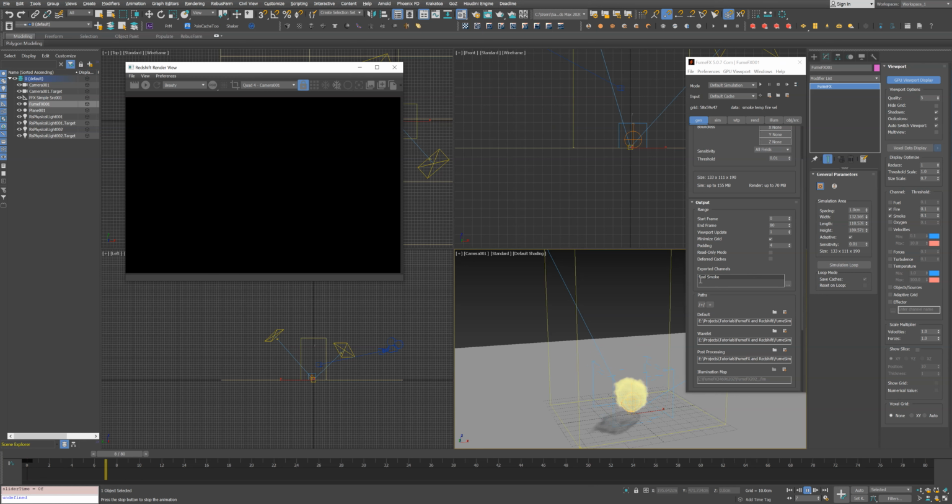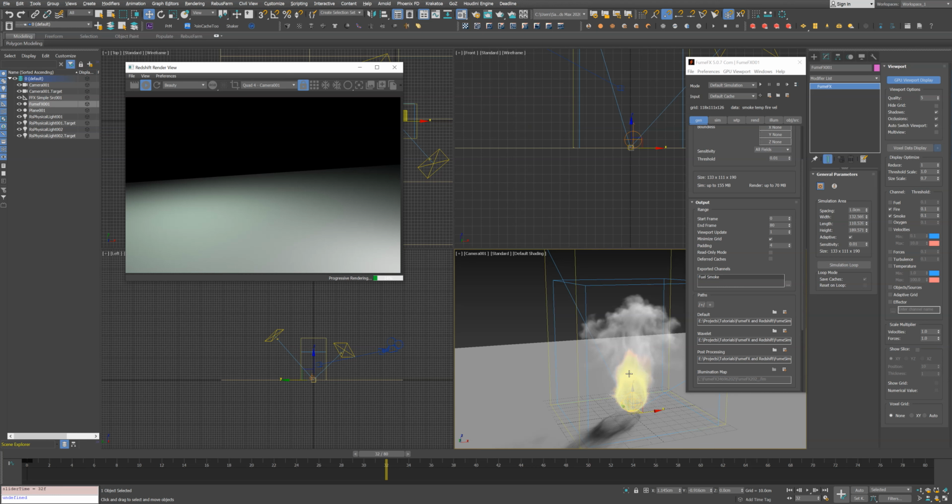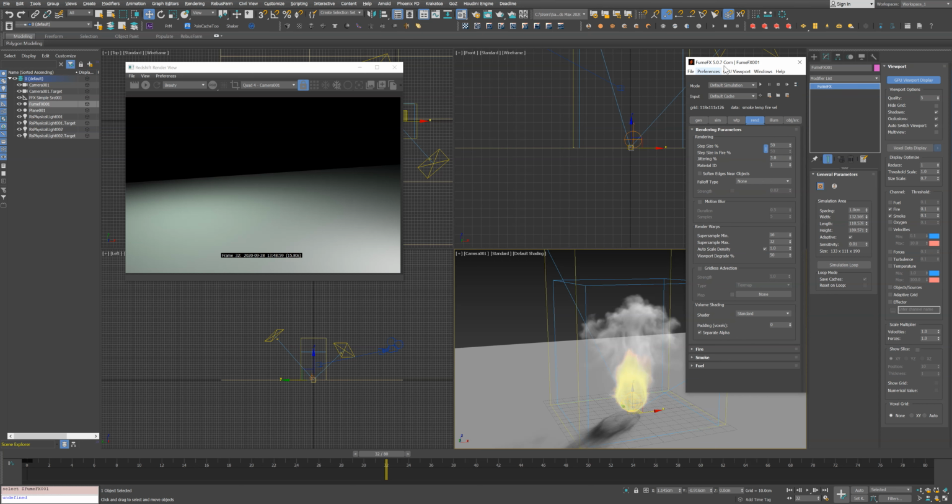I have the channels here, fuel and smoke, and if I stop at any point and start rendering in Redshift, I will not be able to see the fire. Now, the new update in FumeFX and Redshift means you can actually render it without the need to import the VDB. To do that, the first thing you need to do is go to render in FumeFX and change